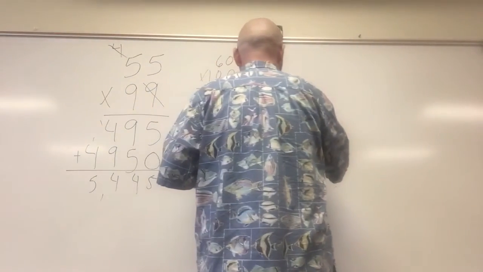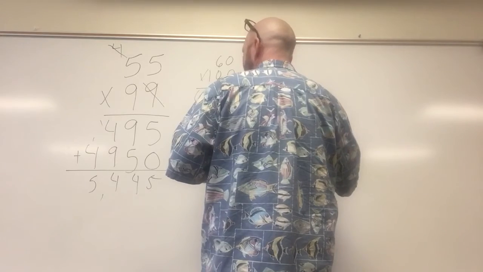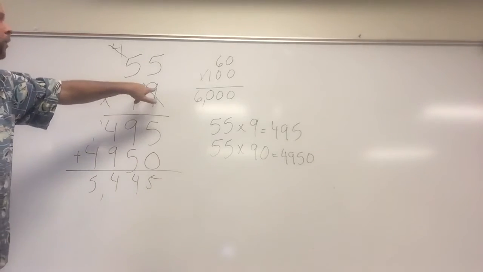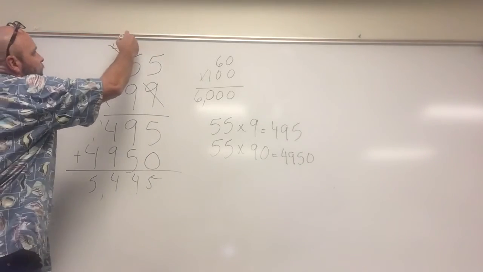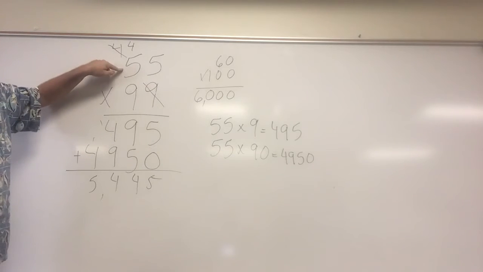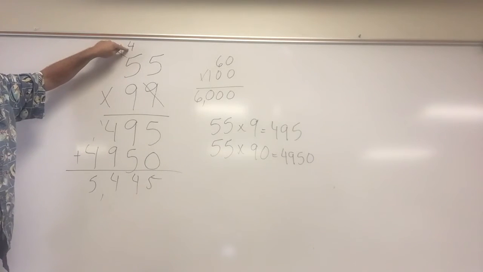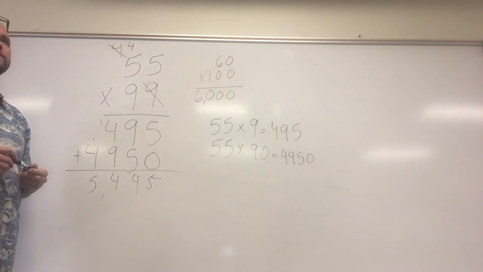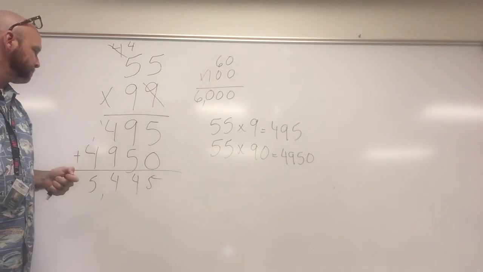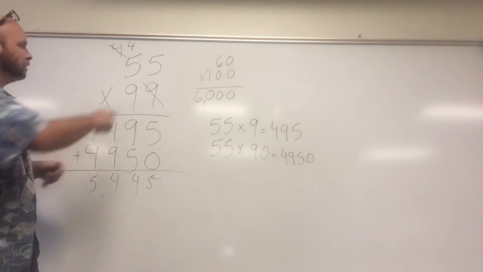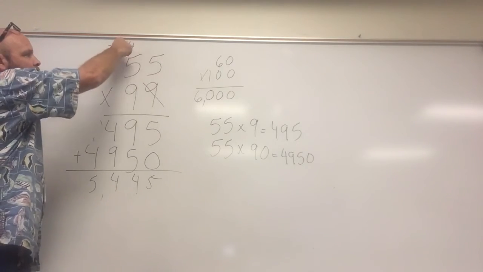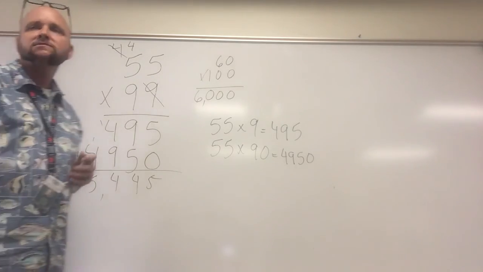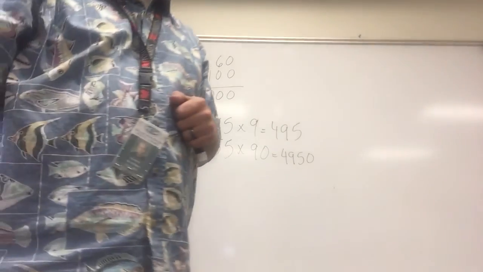How did I get the 9? All right, to get the 9, I multiplied 9 times 5, which is 45, plus 4, which gives you 49. That's where the 9 came from. Same thing on the bottom. 9 times 5 is 45, carry my 4. 9 times 5 is 45, plus 4 is 49. All right, now, if you would like